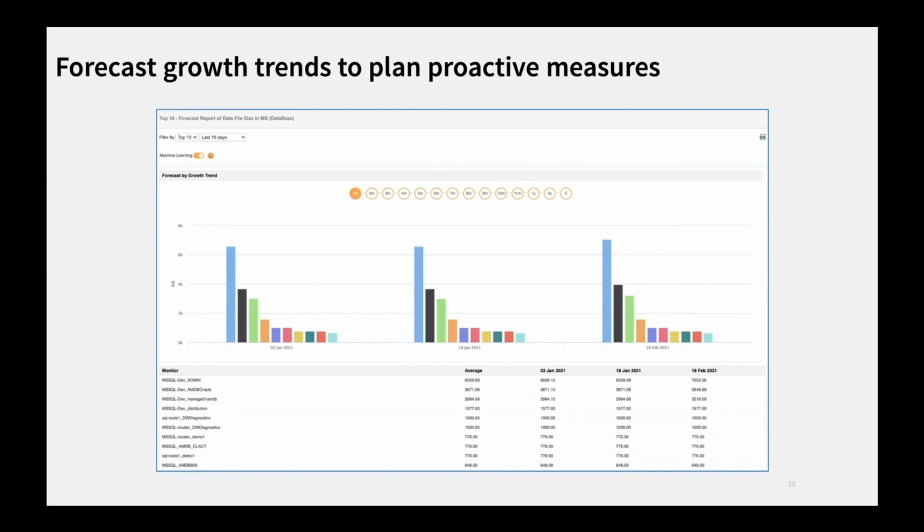Right here what we are seeing is basically just the data file size of a database, and so we are seeing only the growth trend. But if we visualize the forecasting reports for servers, we will see not just the growth trend but also utilization trend. So I'll show that to you in the product, but before we see the reports, let me just quickly